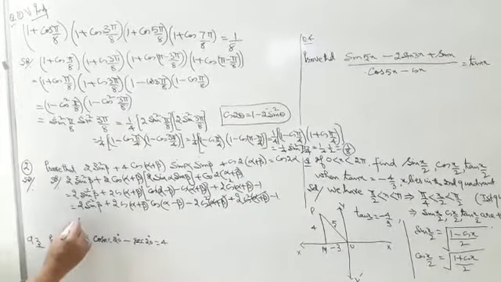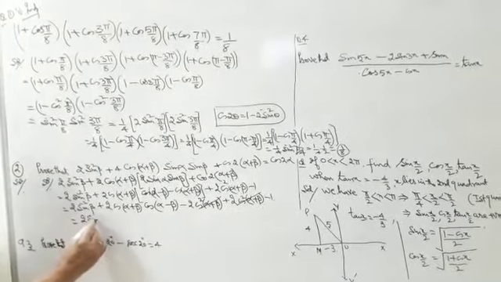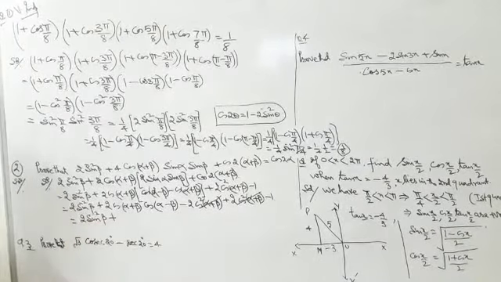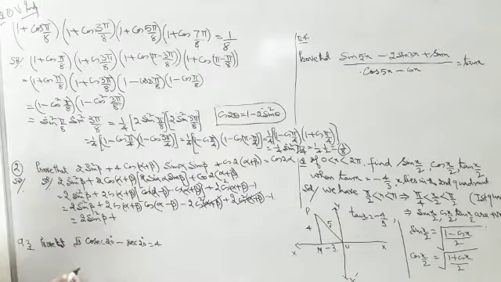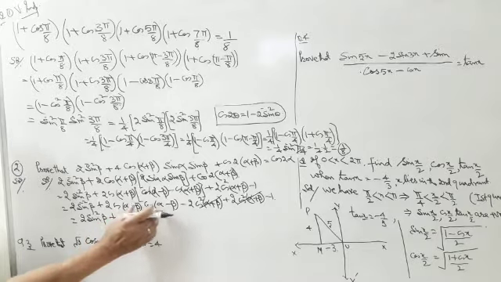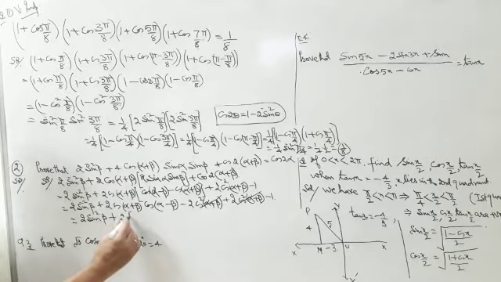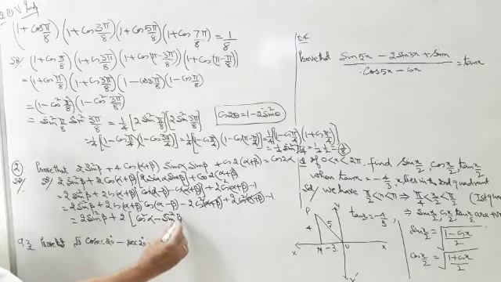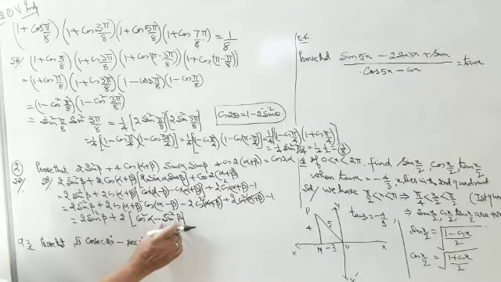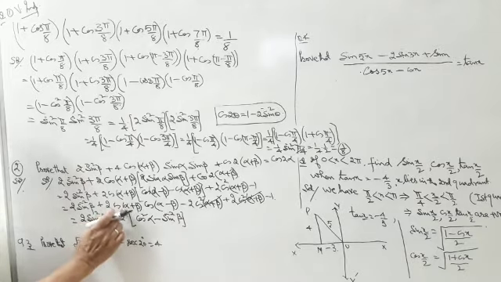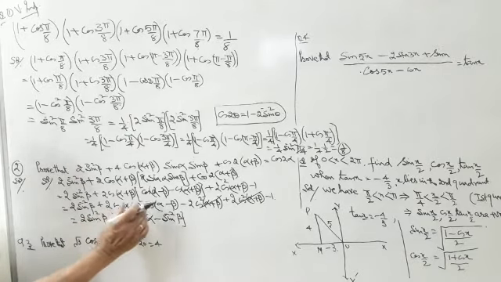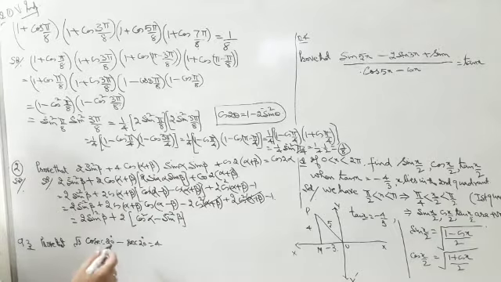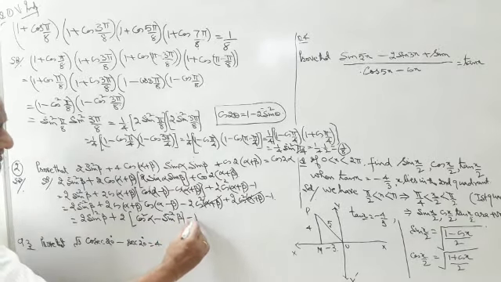And you have 2 sin square beta plus, see, 2 cos A cos B, or better you go for cos A plus B cos A minus B. 2 you can keep it outside. It is cos square alpha minus sin square beta. That is the A plus B formula, because the demand of the question is that. So I apply here 2 outside, cos A plus B cos A minus B, cos square alpha minus sin square beta, minus 1.